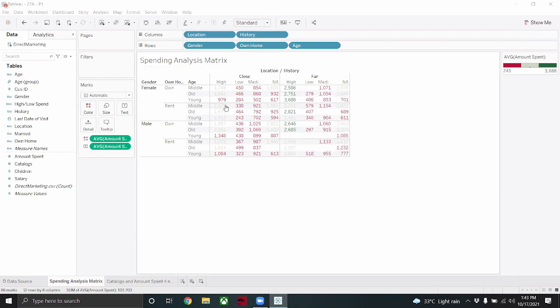It stands out in this whole table that we have high spenders in the high history category of FAR, of females who own their home, and all 3 groups have a high spending category. Now, who are these people? There are a few ways to look into that. The one is,